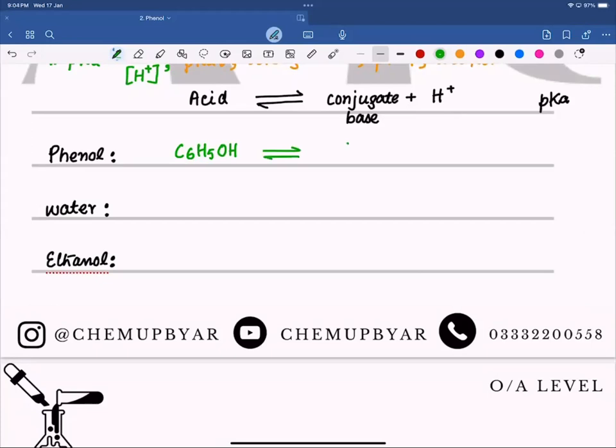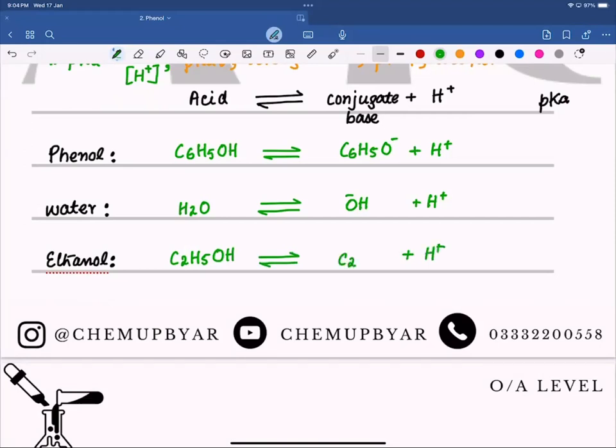On dissociation, it will form C6H5O negative, which is the conjugate base, and a hydrogen ion. When we talk about water, H2O, on dissociation, it gives hydrogen ions and hydroxide ions. And here we have ethanol, which on dissociation also produces a hydrogen ion and the ethoxide ion, C2H5O negative,